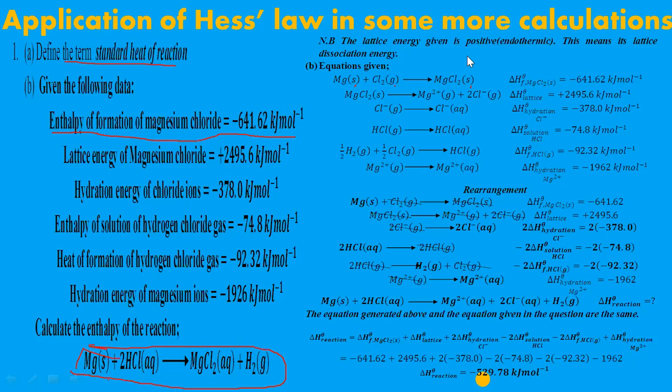So now, when I proceed, this is the enthalpy we are talking about here. So that is the enthalpy of formation of magnesium chloride. So you have to transfer the words now into equations and then rearrange. So you write the equation of formation of magnesium chloride, the corresponding enthalpy which is given. The second one is now lattice energy of magnesium chloride. But with lattice energy, you should be very careful with the value given here. This is a positive enthalpy, and that means this is not lattice enthalpy of formation. Rather, it's lattice enthalpy of